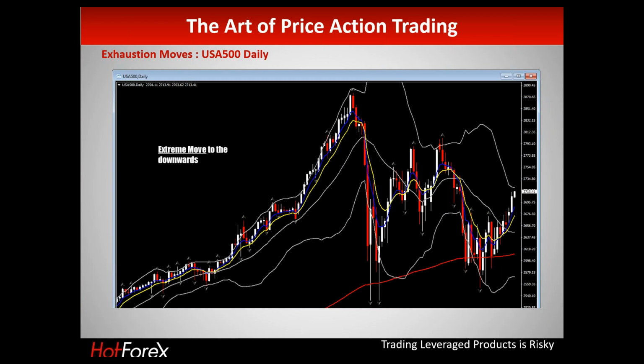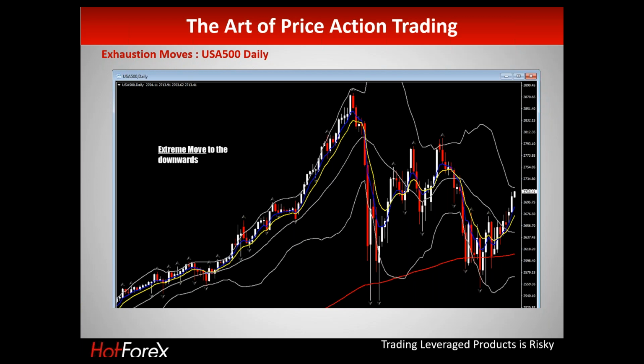What time frame is suitable for trading price action? Any kind of time frame, Danjuma. However, if you decide to use a price action strategy, you need to stick to one time frame. So if you like the 1 hour chart, stick to the 1 hour chart. Don't go up and down to the daily chart, the 30 minutes chart, the 4 hour chart in order to take a decision. You need to stick to the time frame that you wish.